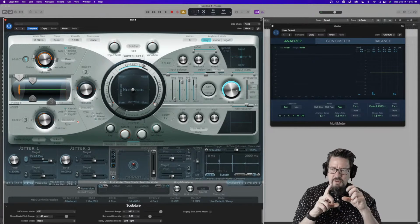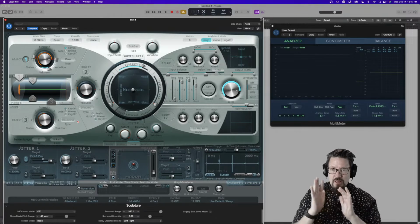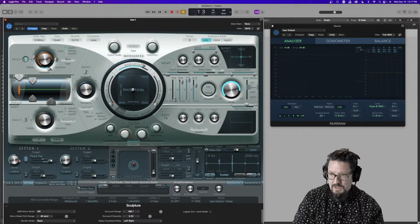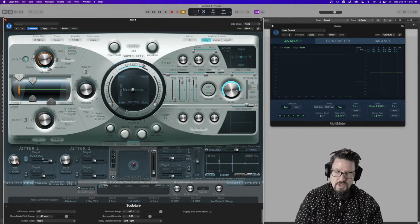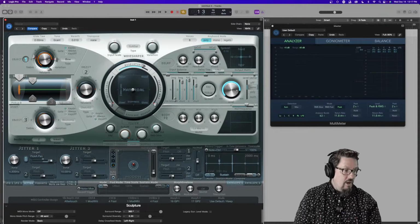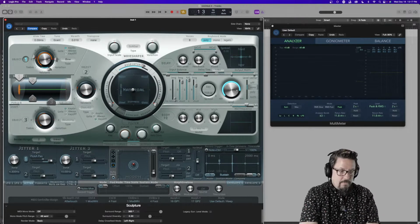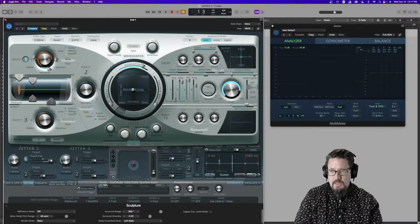So that little variation that's happening is moving it around a little bit. The sound is getting moved into the surround field at a randomized rate. Well, the rate is set, but the amounts are jittered or randomized, and so you can create some nice variation in the surround sound. In terms of all of this, that's pretty much it. So that's the overall